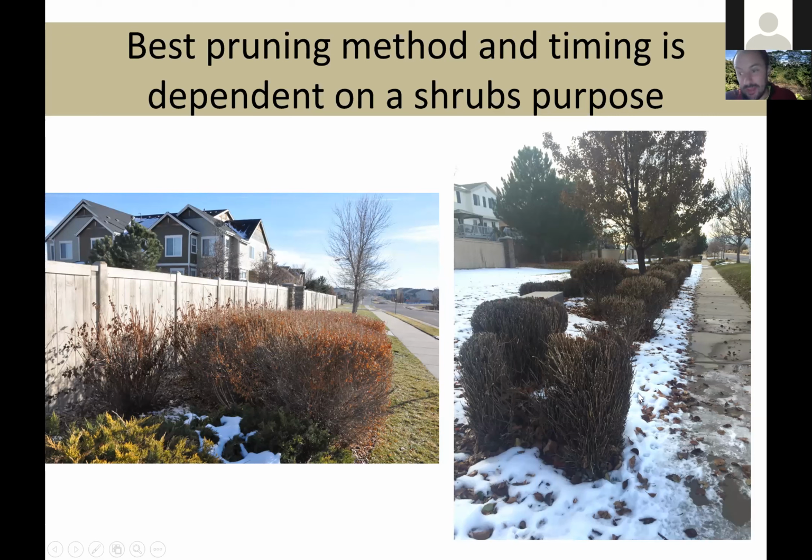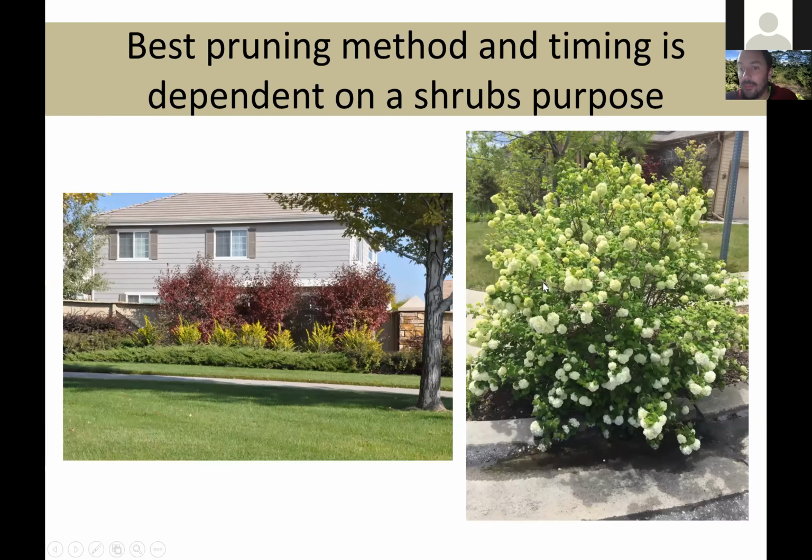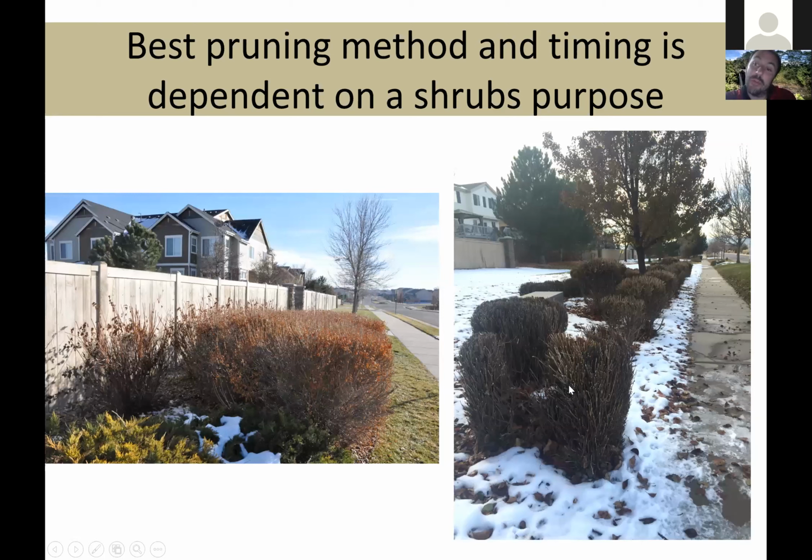And then, just like our snowball bush viburnum, all these shrubs here are snowball bush viburnums. There are some problems with this planting, like it's way too close to the sidewalk, it's way too dense, etc. It was probably put there to hide the electrical box and to provide interest and maybe hide the fence a little bit behind it too. But they're being sheared within an inch of their life, right? Snowball bush viburnum flowers on old wood. So by shearing them all the time, you're shearing off the flower buds that were on that old wood, and it's not going to bloom as much.